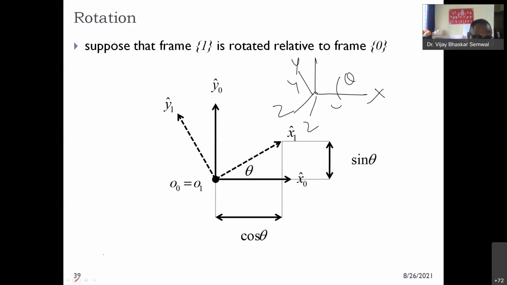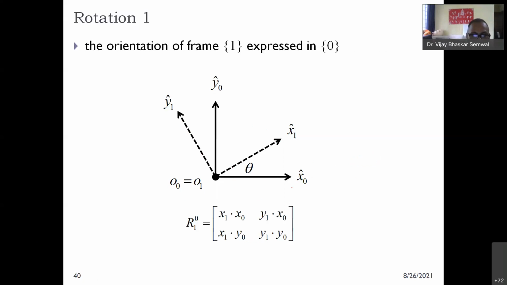So the frame is moving with respect to the previous frame. The frame has moved from X naught to X1 by theta degrees and Y naught to Y1 by theta degrees, and both frames have the same origin, O naught and O1. So this is X1 cos theta. This is Y1 sin theta. This is the sin theta component. This is the cos theta component. So the rotation matrix you can represent by